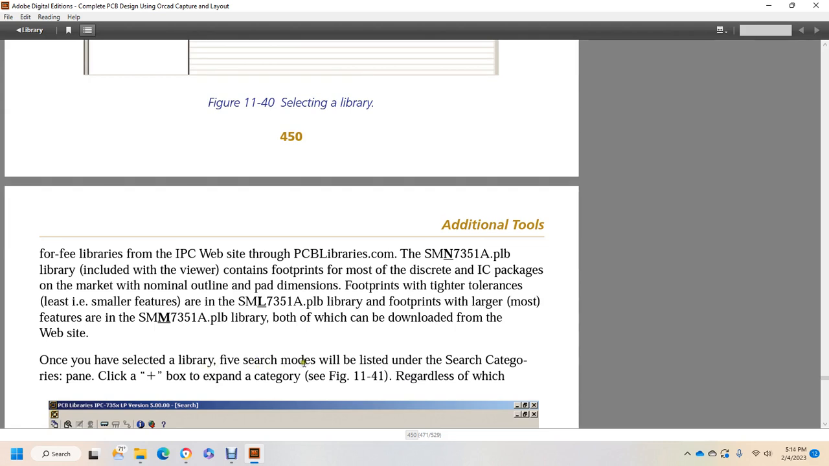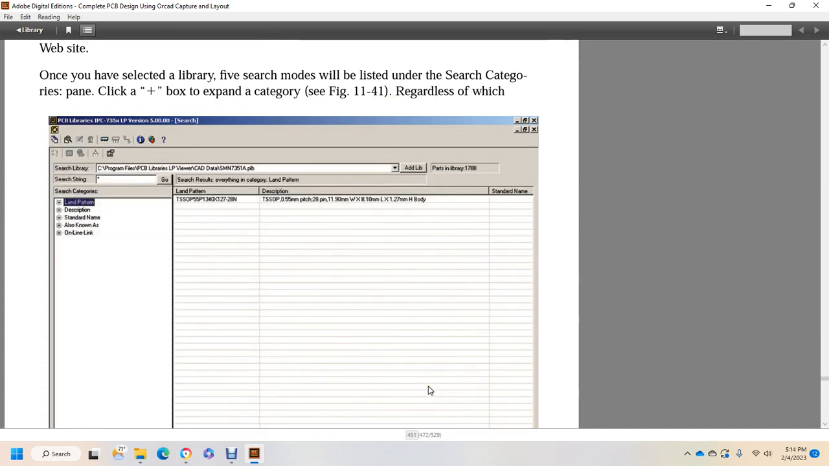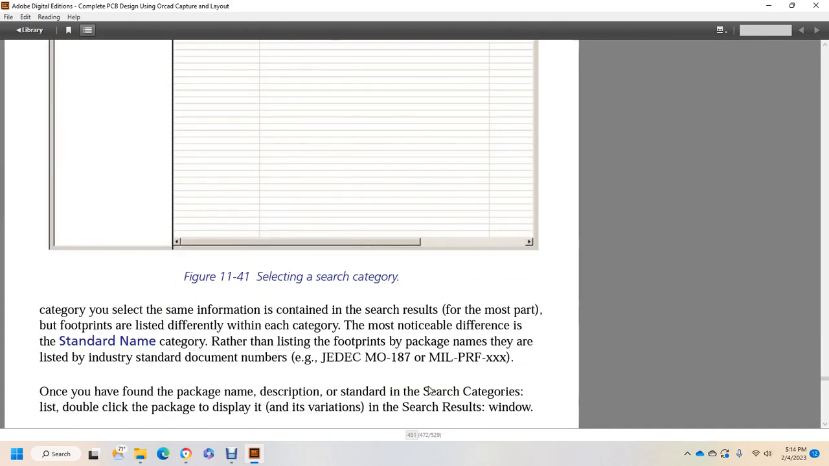Once you select the library first, search modes will be listed under search categories. Click the plus box to expand the category, figure 11-40. Regardless of which search category you select, you see the same information contained in the search result. For the most part, footprints are listed differently in each of the categories. Most noticeable is the difference of the standard name of the category. Rather than listing footprints by package name, they are listed in industry standard documentation like JEDEC, EIA 187 and